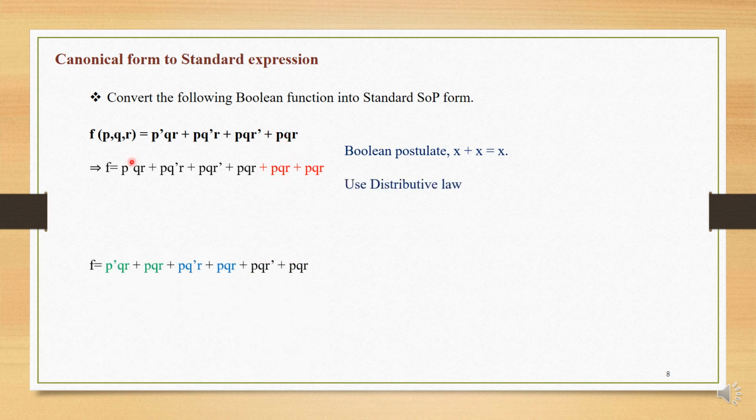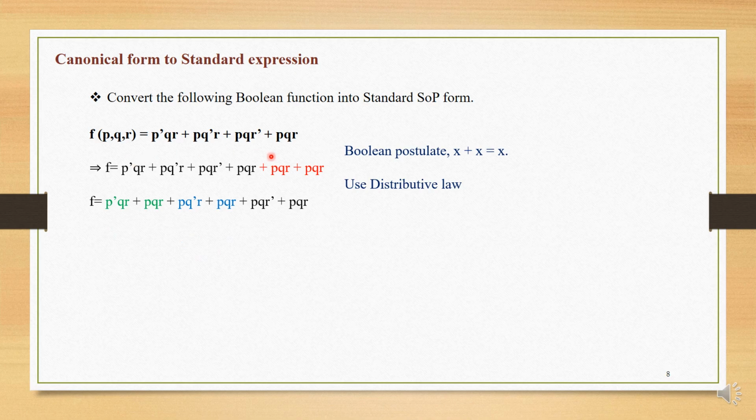Next, we will apply the distributive law. Just rearranging the expression here gives you P bar QR plus PQR plus PQ bar R plus PQR plus PQR bar plus PQR. Just rearranging the above expression, we get the next expression. Next step, by applying the distributive law, you just consider the first two product terms which are in green color,